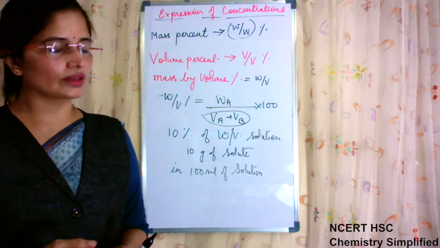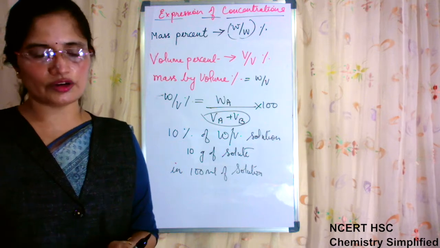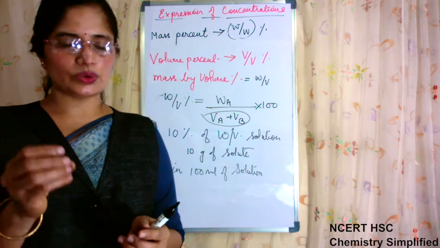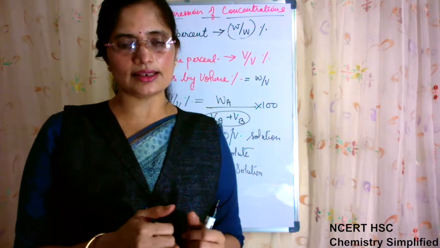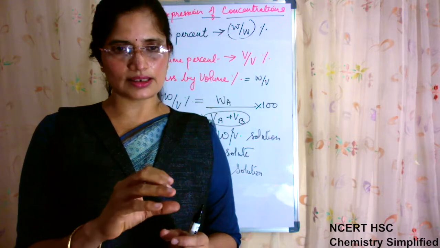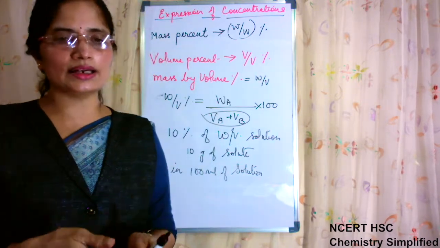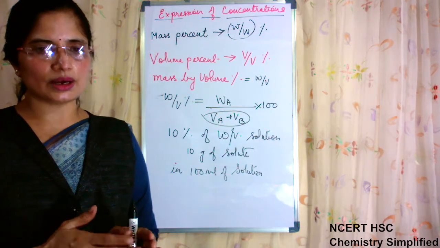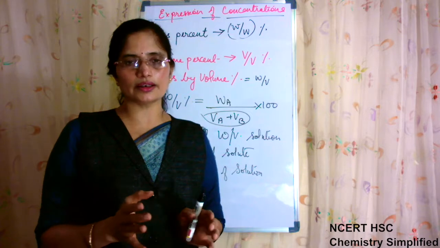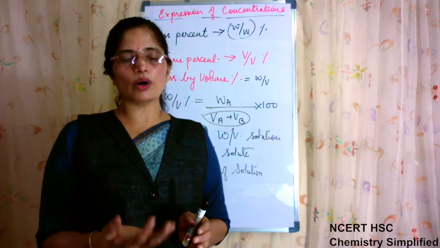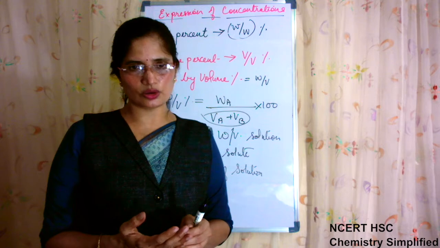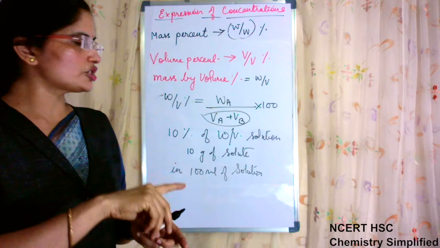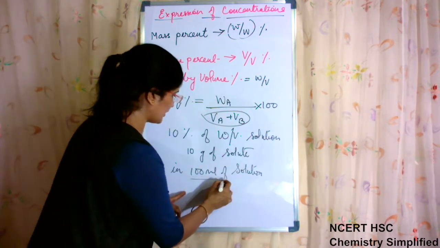So you take 10 grams of NaCl, weigh it on the weighing machine, and dissolve that 10 grams of NaCl in a certain amount of water first. Let it dissolve in, suppose, 20 ml. After you have dissolved it, note that when a small amount is dissolved, it does not affect the volume of the solution. But if a larger amount of solid is dissolved, the volume of the solution is also affected by the dissolving. So the total volume of the solution which you make up should be 100 ml.